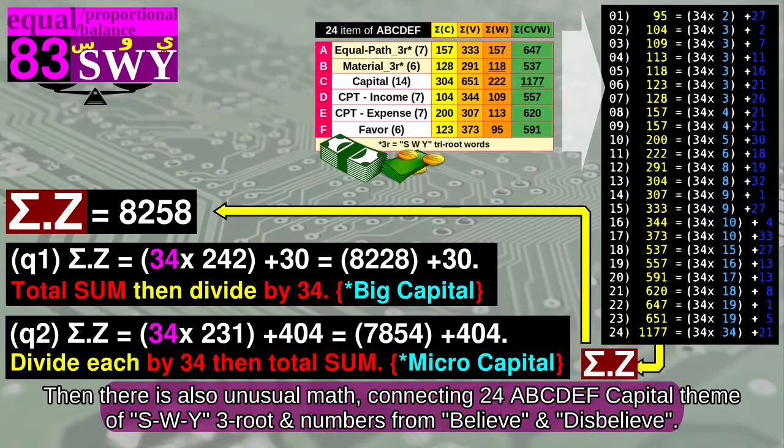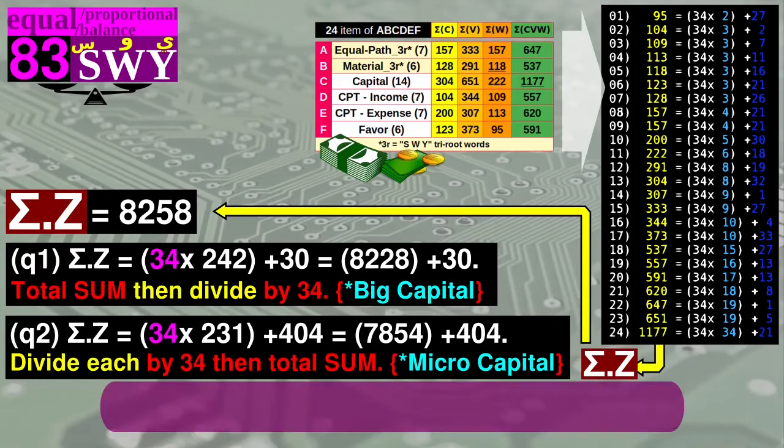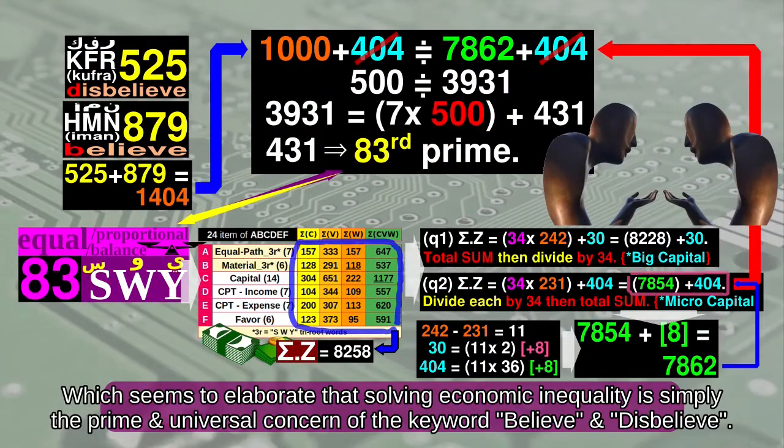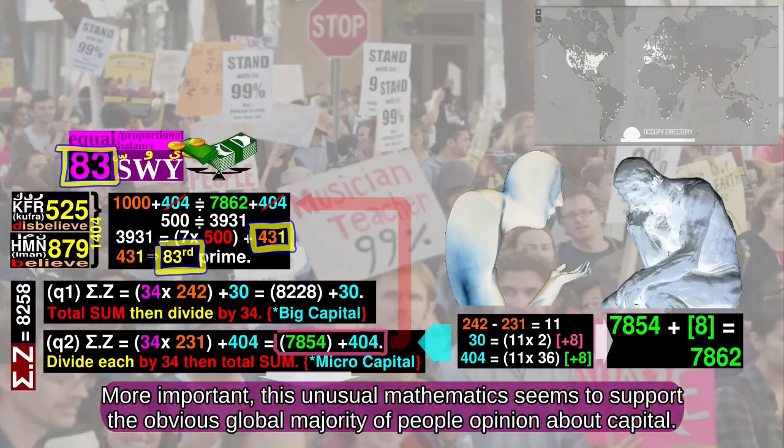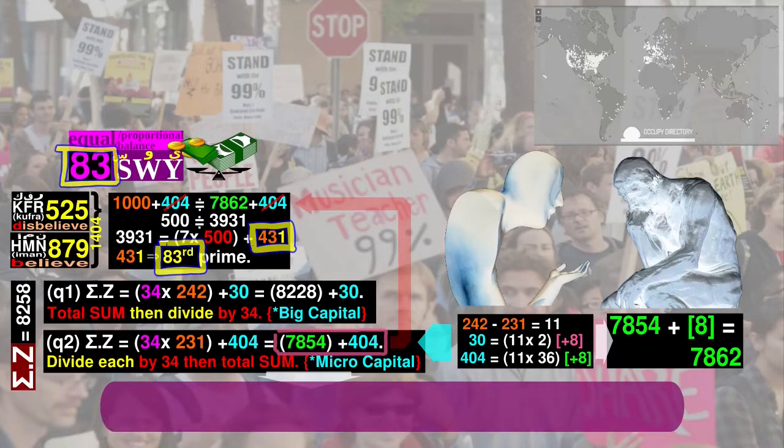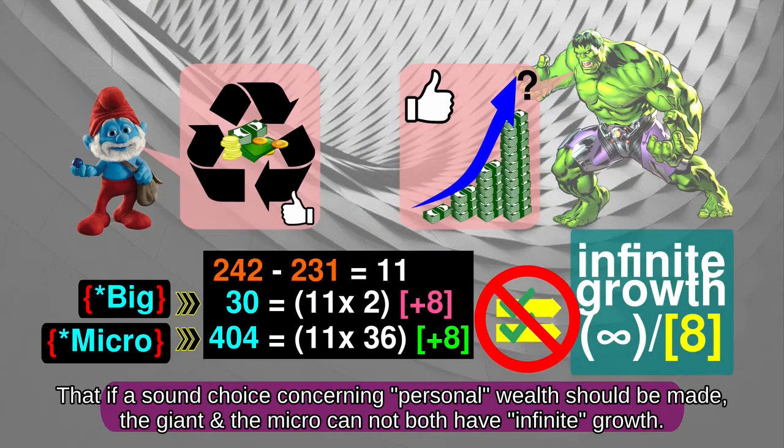Then there is also unusual math connecting 24 ABCDEF capital themes of SWY3 root, and numbers from believe and disbelieve, which seems to elaborate that solving economic inequality is simply the prime and universal concern of the keywords believe and disbelieve. More important, this unusual mathematics seems to support the obvious global majority opinion about capital, that if a sound choice concerning personal wealth should be made, the giant and the micro cannot both have infinite growth,